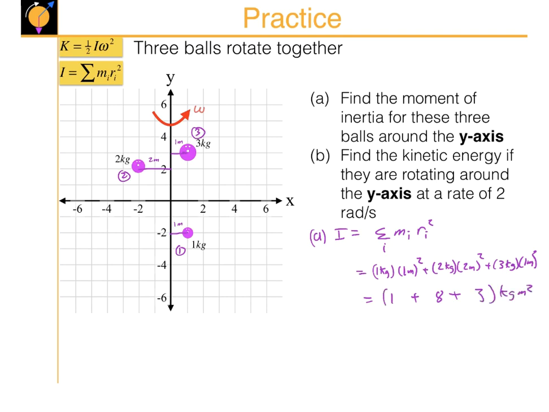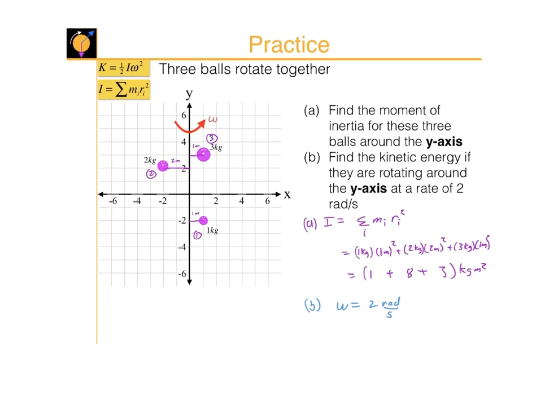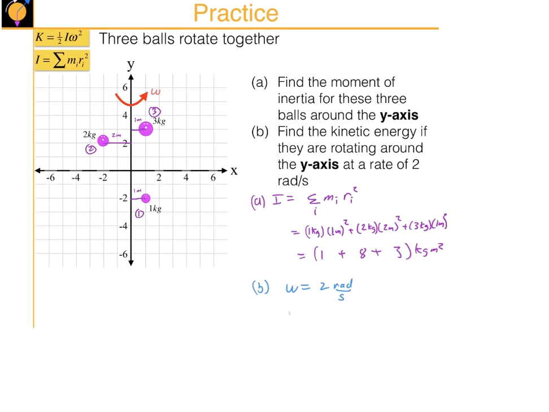kilograms meters squared. Now it says find the kinetic energy if they're rotating around the axis at 2 radians per second. So they're all rotating around the axis together at 2 radians per second. So their rotational speed is 2 radians per second. Okay, so let's calculate. We can just use our equation for kinetic energy up there in the top left-hand corner. So our kinetic energy is 1/2 I omega squared. Oh, I forgot to write down the final answer here, right? This is